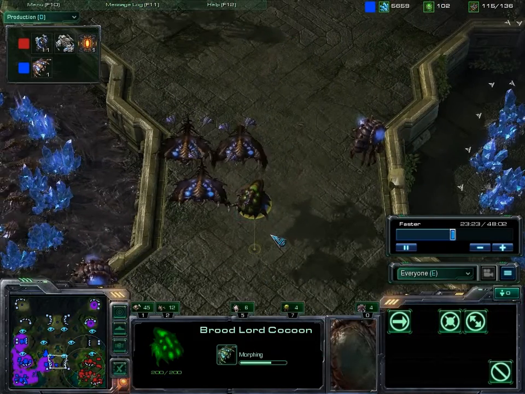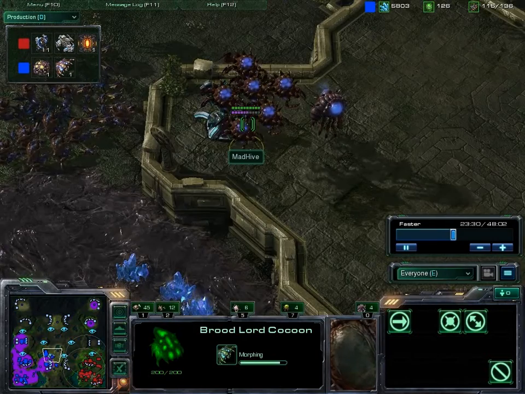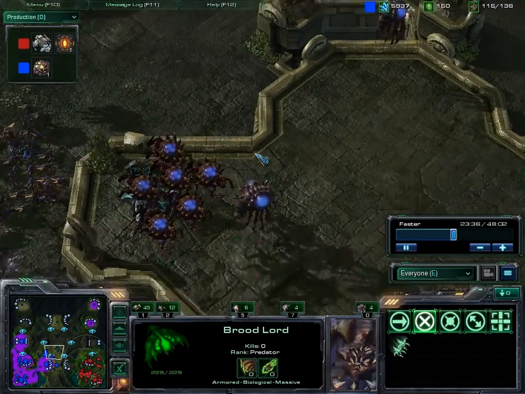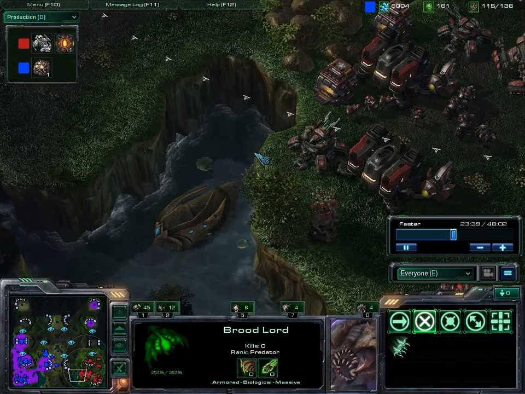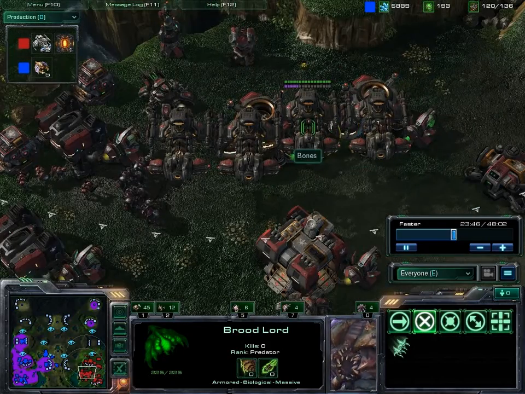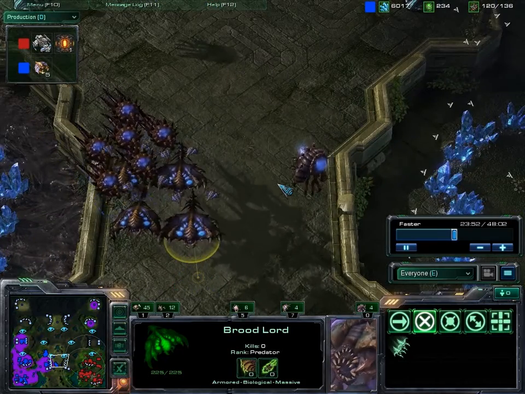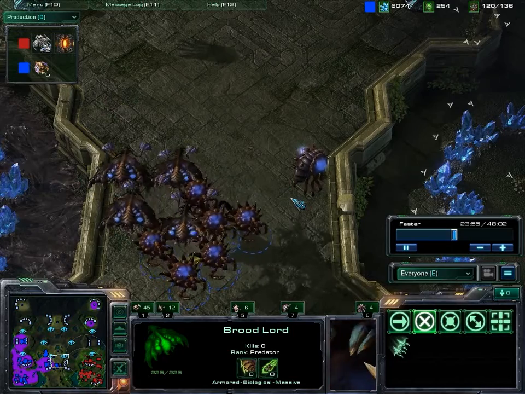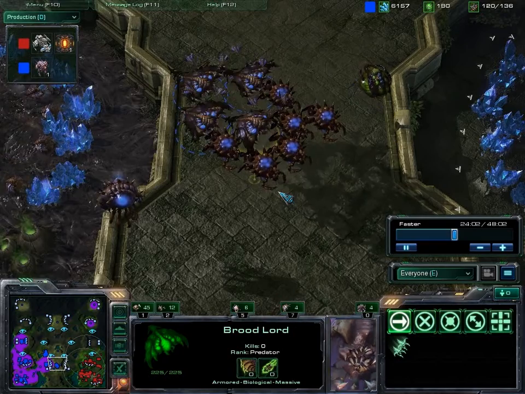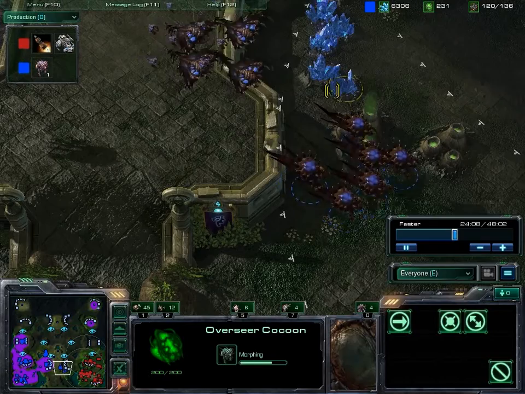I'm getting my last initial brood lord. Getting my air support ready to follow them in, because I want to start taking out his base, and I am not yet aware that there are battle cruisers on the map. But then again, he's unaware that there are brood lords on the map. It looks like we are ready to go. And we're off. Oh, and I'm also going to give him some cloak support, because I know he's got air,